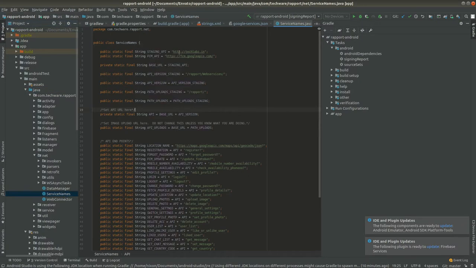See, right now it is linked with our staging URL. You just change it to your web server URL, and this is the sub versioning.